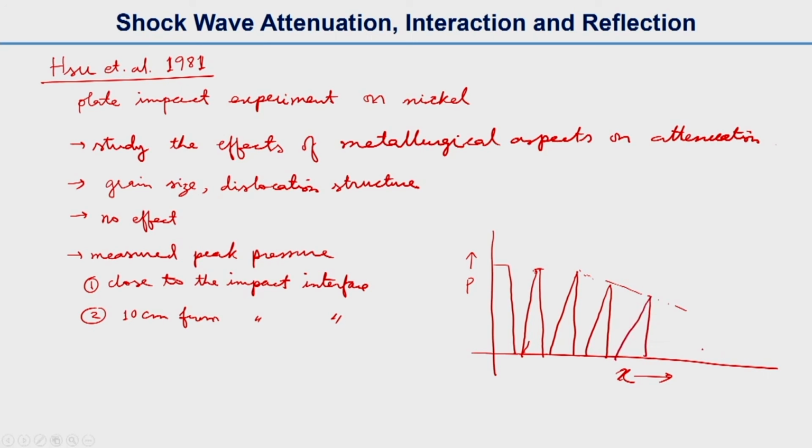Now what they did, one point they took very close to the surface, the impact interface is x equal to 0, very close to the surface, and the pressure point they found somewhere here. So, close to the interface,